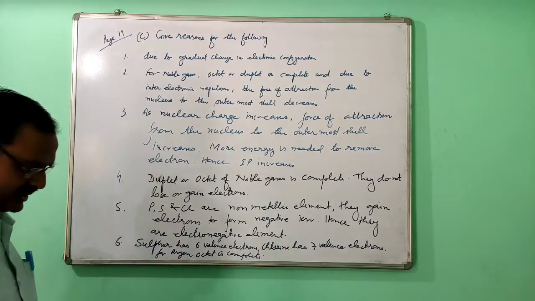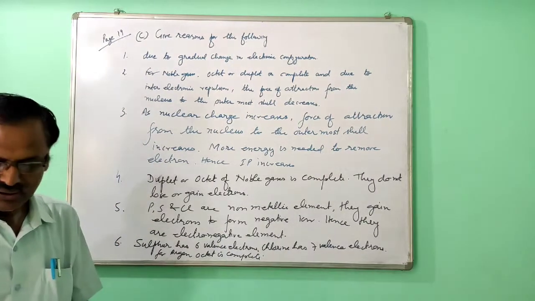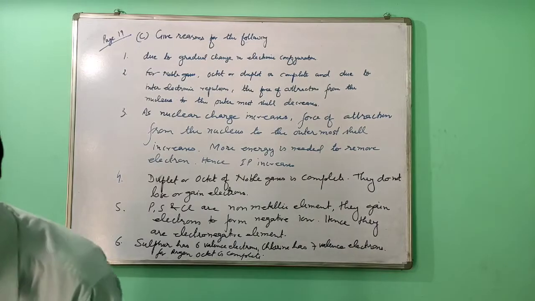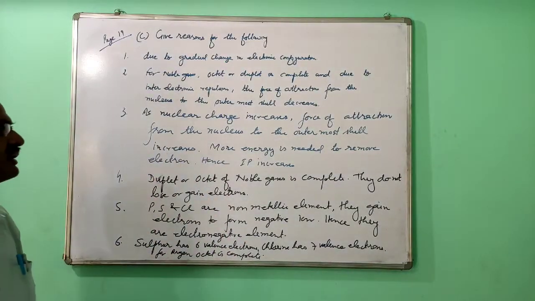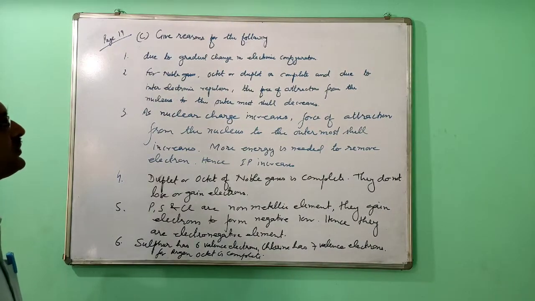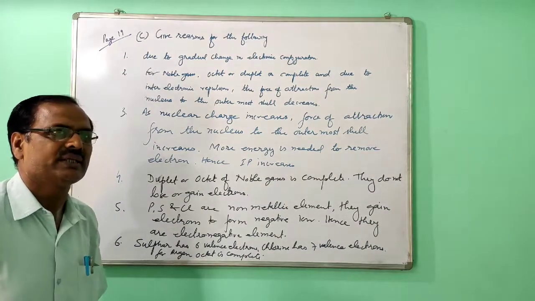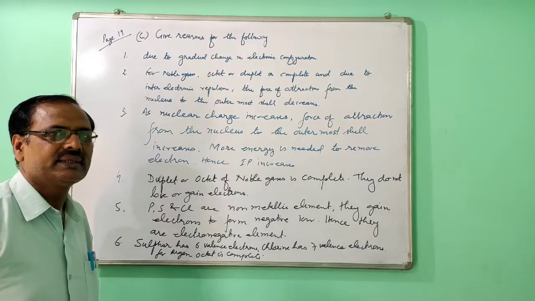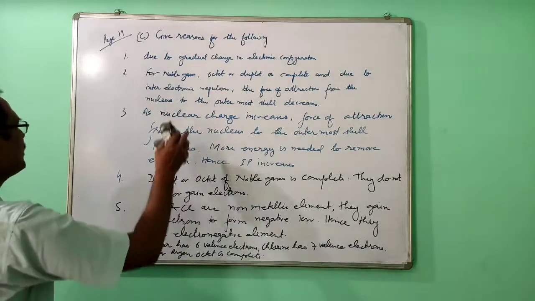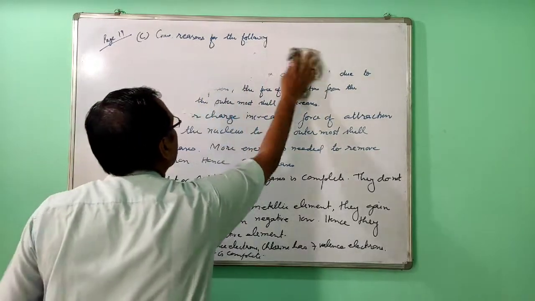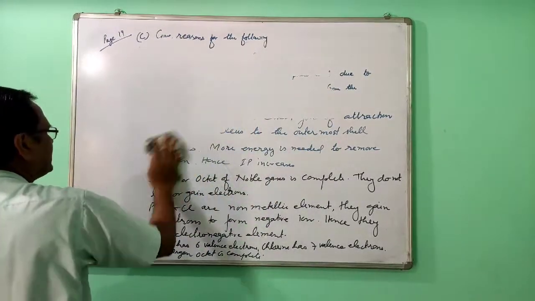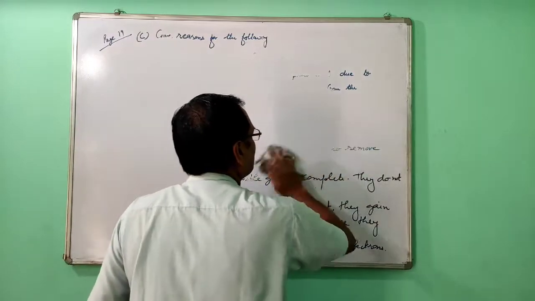So the sixth question is done. Now from the seventh onward, please note this down in your chemistry copy. It will be useful, because you have already seen in board papers that they ask questions that say give the reasons. That's why these answers are important for you. Up to the sixth it is over. Now the seventh.